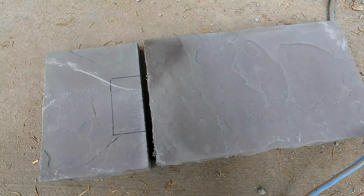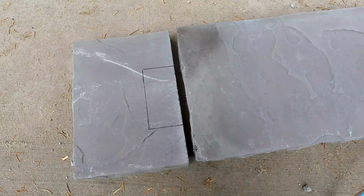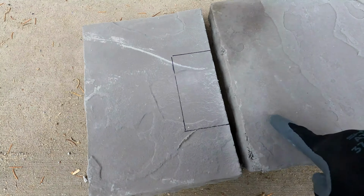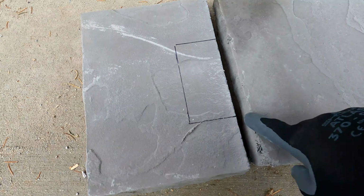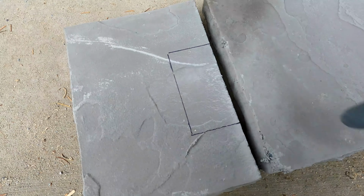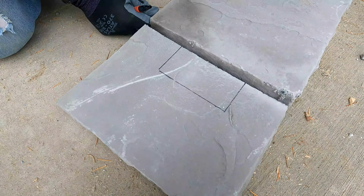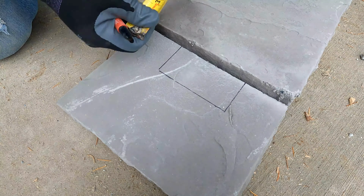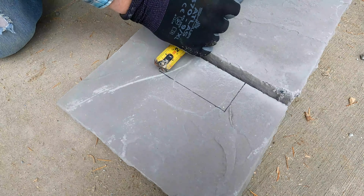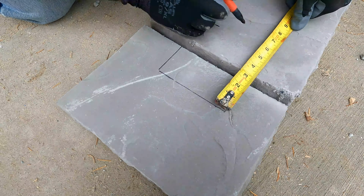Okay, so I put the other stone right up against this one, and I'll just get the measurement of the post and measure from here over to here, the size of the post with the joint how I want it to. So we'll slide these together a little bit closer, so we got about a 3/8 joint, and we have a 5 3/4 inch post. So we mark it at 5 3/4 and 5 3/4,